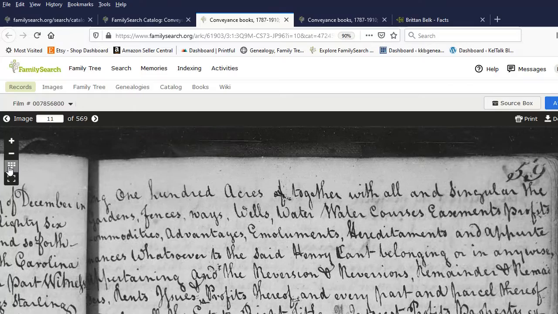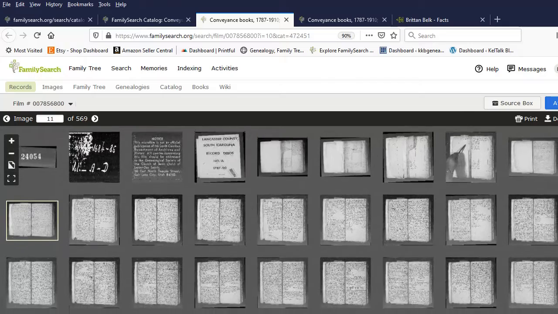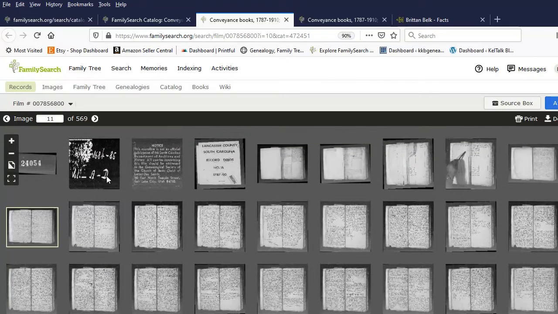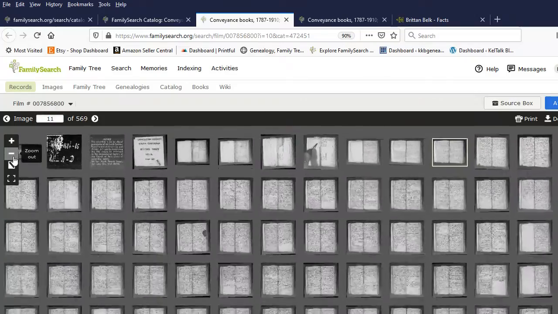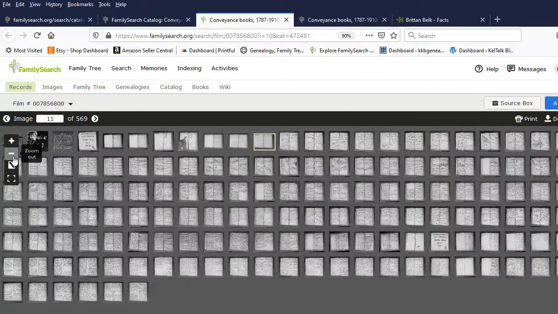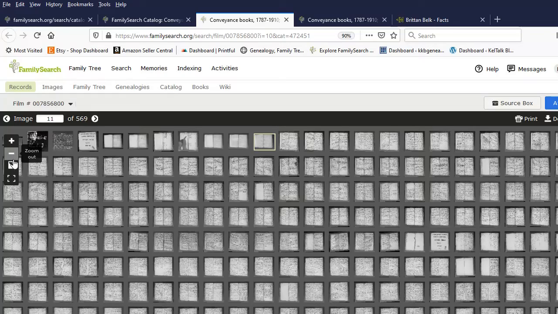But we need Deed Book D. So D is in dog. And we know that A, B, C, D, so this has to be at the last of this image set, since we need D and there's A, B, C, D in this digitized session. We will need to go to the very last book. So with that, zoom out even further. You can go really small like this, and let's wait for the page to load. And then you just use